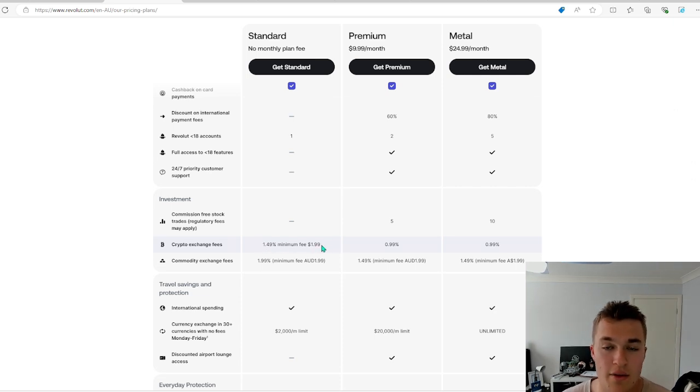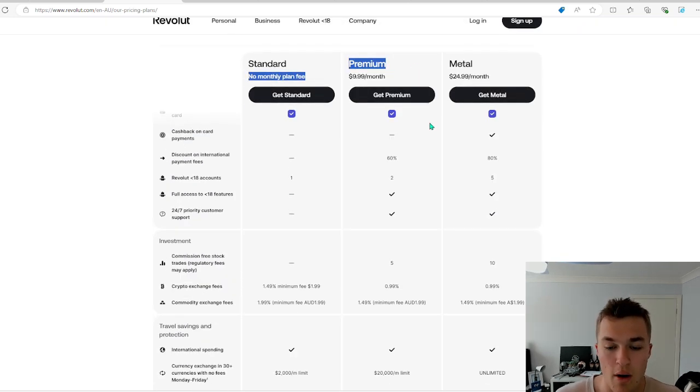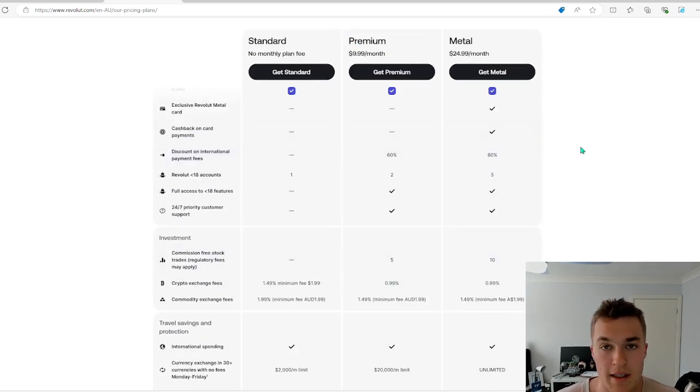But I think same thing again, right? 1.5% fees. I just don't think it's worthwhile to invest through Revolut. If you have a look at something like Coinspot, which has a 1% fee, Swyftx, I think has a 0.6% fee. Why are you going to trade through Revolut if it's just going to cost you a fortune more? Even with the premium subscriptions, they are still quite high fees, 1% in my opinion. You can get better elsewhere, so I wouldn't really suggest buying and selling crypto through Revolut. They don't even offer things like staking. Whilst they allow you to buy and hold cryptocurrencies, they don't have any of the perks that other crypto exchanges have.